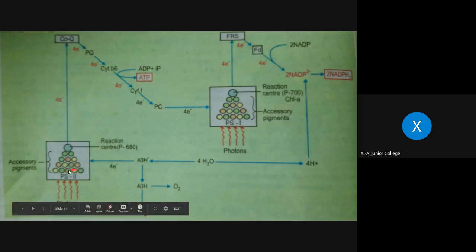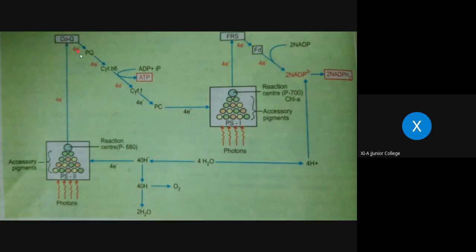Now, last point, I will just come to this. Yes, just 2 minutes. So this is again very clearly shown in this diagram. This is pigment system 2. This is the reaction center, that means chlorophyll A. These are accessory pigments. I showed you in the previous diagram, but still I will show you. So all these accessory pigments receive light energy and transfer it to chlorophyll A, the reaction center of pigment system 2, where the maximum absorption is at 680 wavelength, right? Then electrons which are released are accepted by coenzyme Q, then from plastoquinone to cytochrome B6F and plastocyanin,